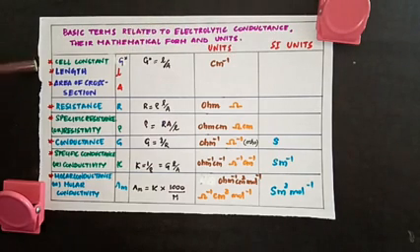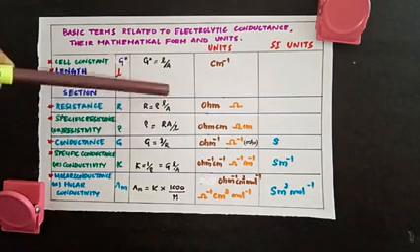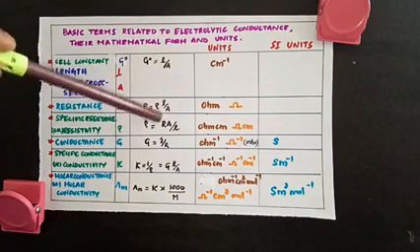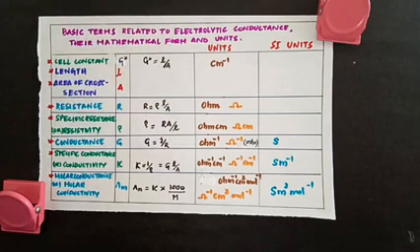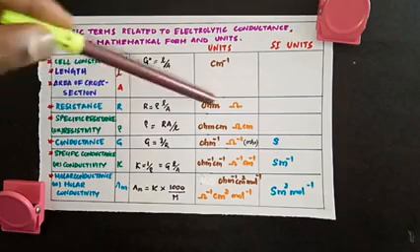So length is L, area of cross section is A. And the second term is resistance, which is represented as R. Resistance is equal to rho L by A. Rho is called as the resistivity. So R is equal to rho L by A. The unit of resistance is ohm. You would have studied about all this resistance in physics. So we are not going to go very deep into it. We are going to just take those terms that we would be needing for chemistry. So resistance is the resistance offered to the flow of current, and that is equal to rho L by A, and the ohm is the unit of resistance.